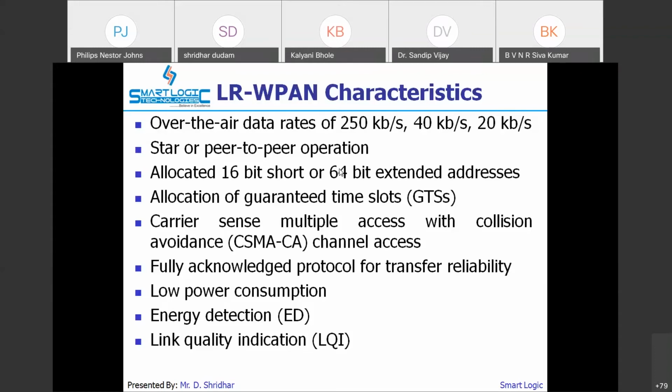Suppose your router or end device is sending data and there is a collision; that is avoided. It's a fully acknowledged protocol for transfer reliability, so every time a device receives data, it has to acknowledge that it has received it.